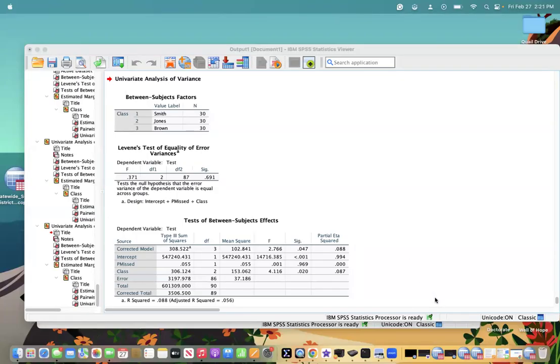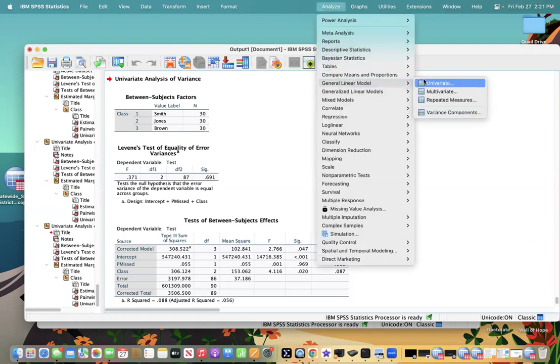This is Michelle Strain, and I am working today on the ANCOVA and taking a look at some math scores with Ruger, Smith, and Wesson in relation to periods missed of students, and we're going to see if there's a significant difference. So we're going to go up to Analyze,